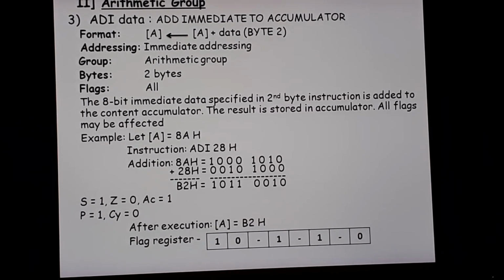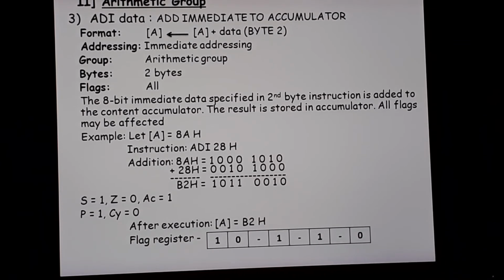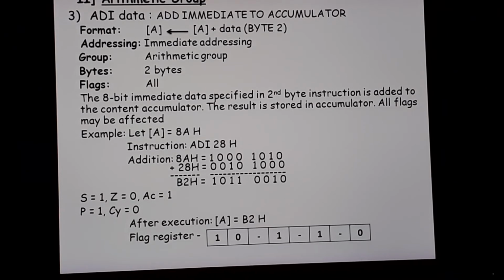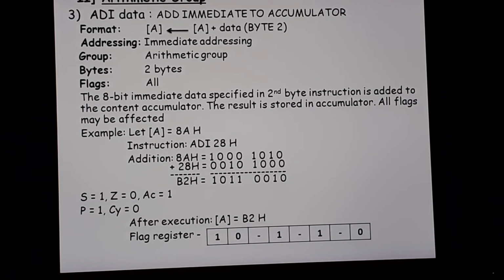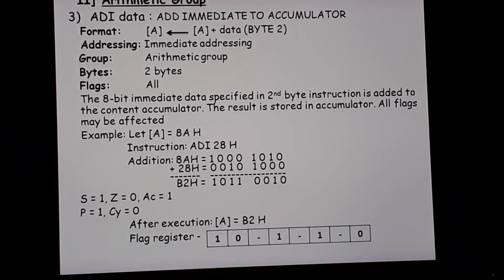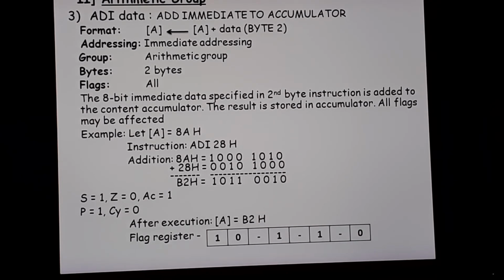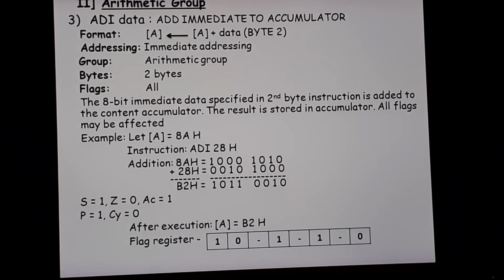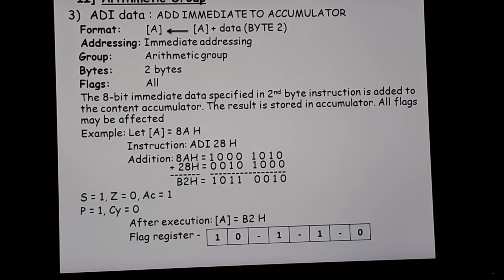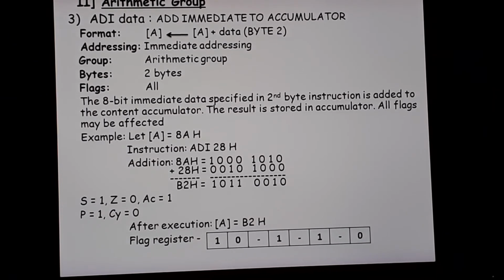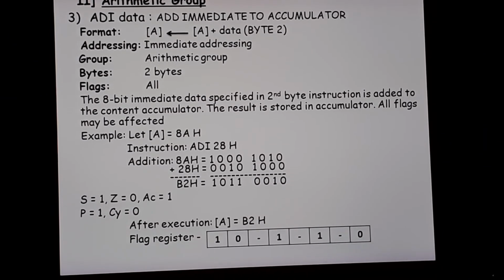So ADI 28H is my assumed data. 28H will be added with your accumulator content, that is 8AH, and the result of the addition will be stored in the accumulator. So now you will add 8AH and 28H in binary and you will get B2H. The result of the addition is B2H.